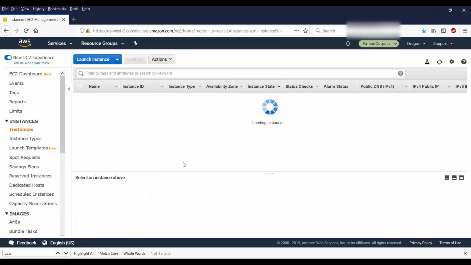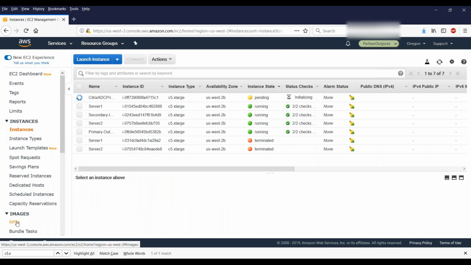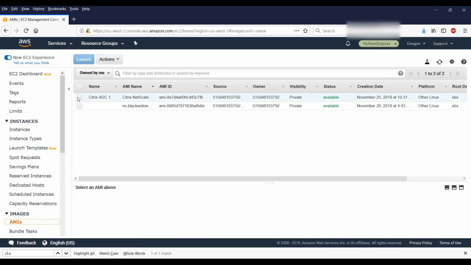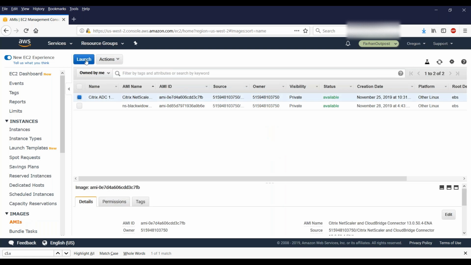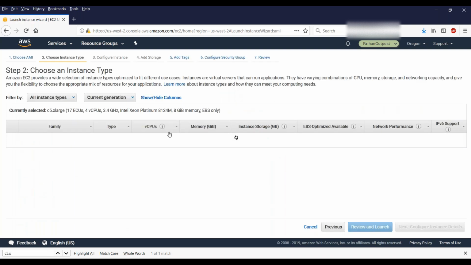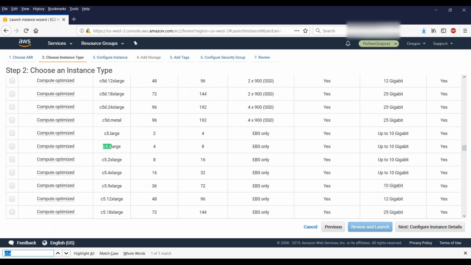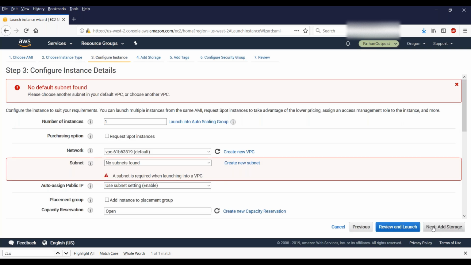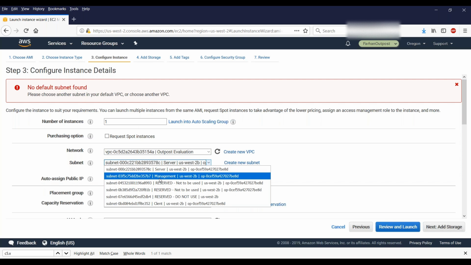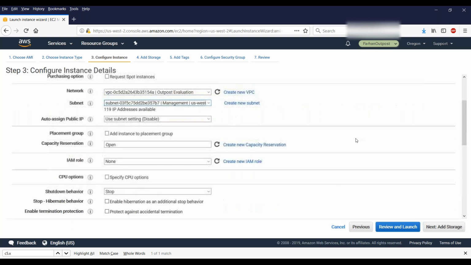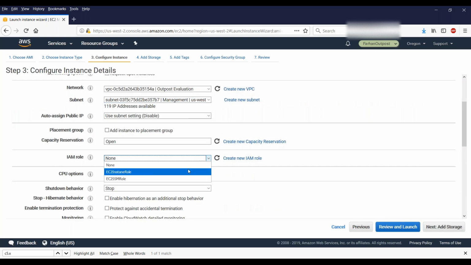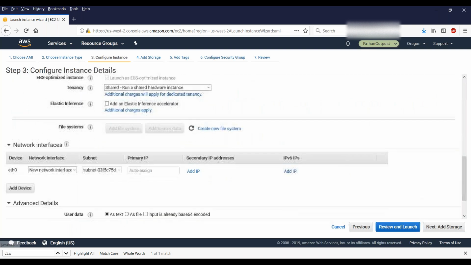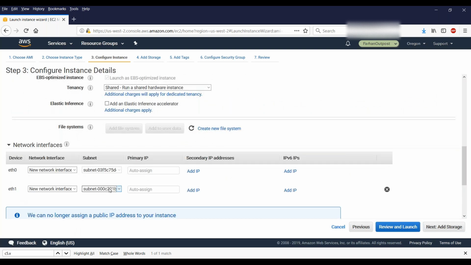In the meantime, I have to launch a secondary device also. Again, select the Citrix ADC image, click on launch. Select c5.xlarge. Select the VPC, NSIP subnet, IAM role, add another interface, the client subnet,